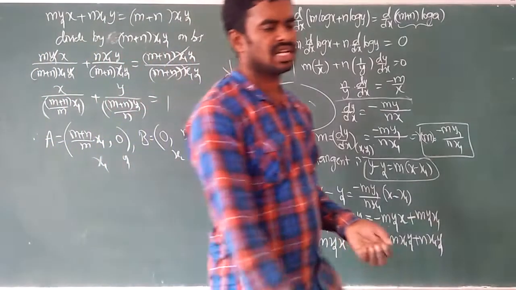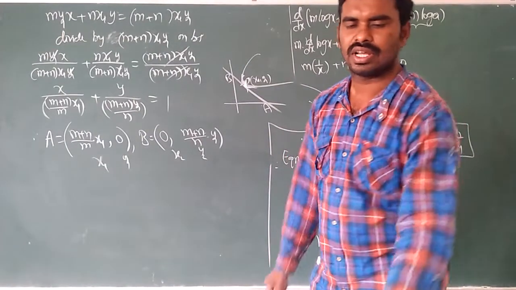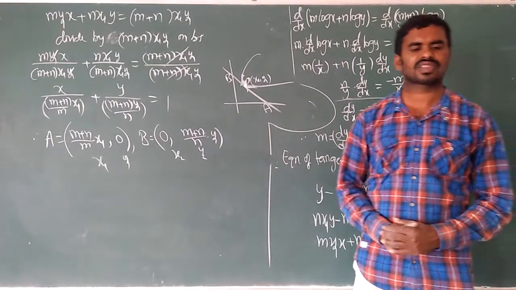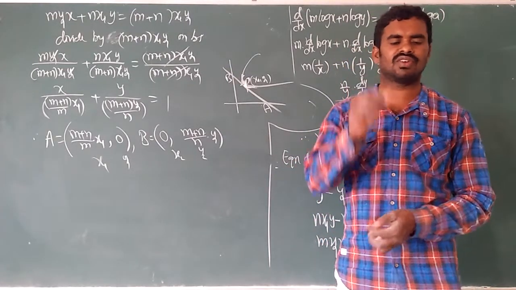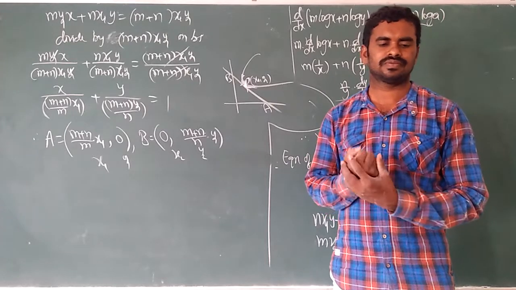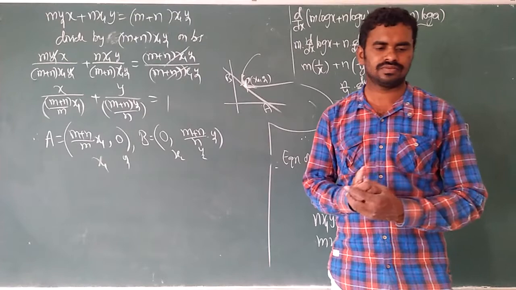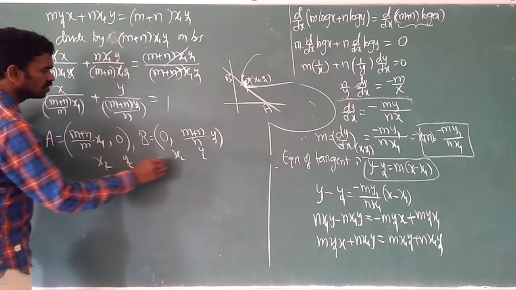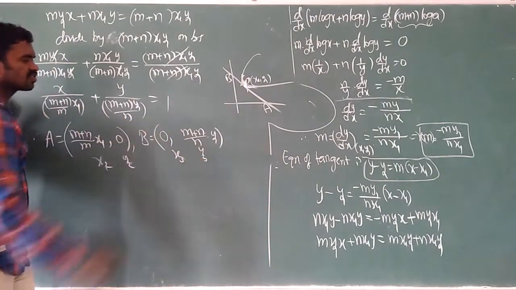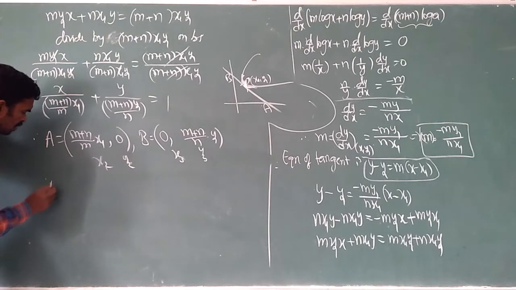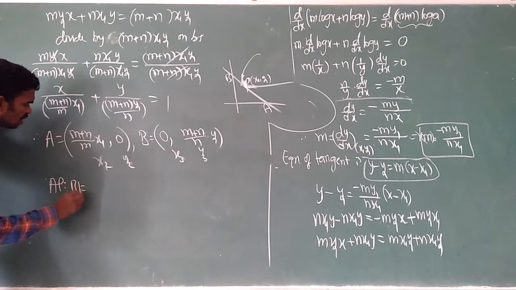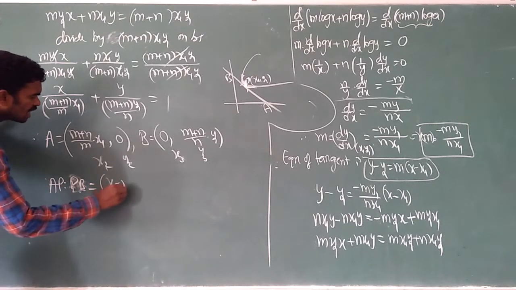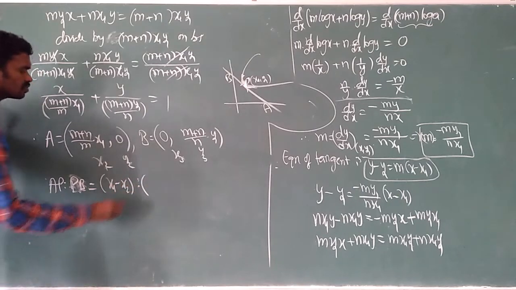Can you say the formula in straight lines? I told you the ratio can easily be found using a formula. I gave you one formula also. Okay, so let us take this is (x2, y2), this is (x3, y3), that is (x1, y1). So the ratio AP is to PB is equal to x1 minus x2 is to